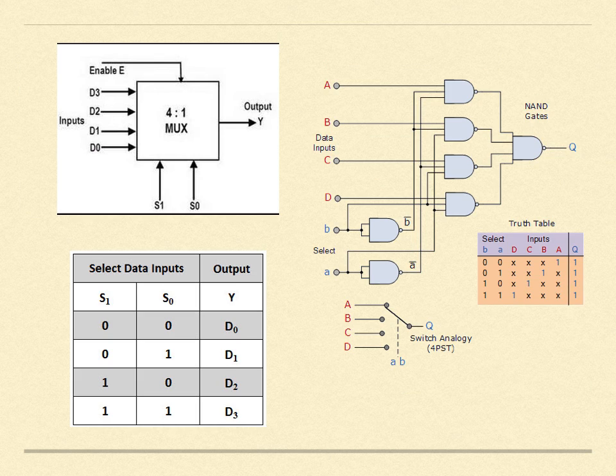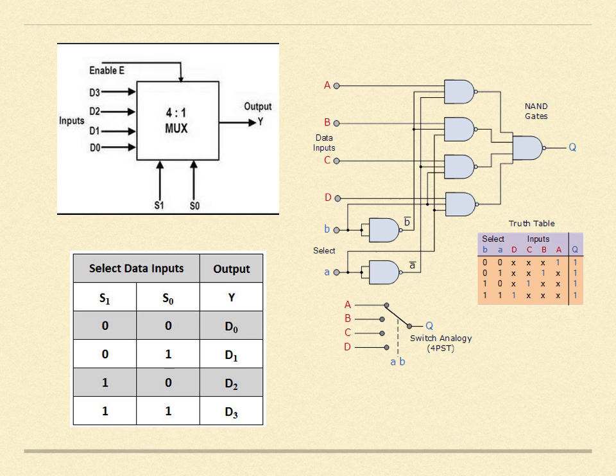Now the 4:1 multiplexer. Same enable gate, 0 to active or 1 to active depending on what type of logic we are using. And 4:1 has 4 inputs, 1 output and 2 selection lines. Because the selection lines are determined by the number of inputs. Means if 2 to the power n is the number of inputs, then n is the number of selection lines. According to this principle, if there are 4 input lines, 2 to the power n is equal to 4, so the selection lines will be 2.